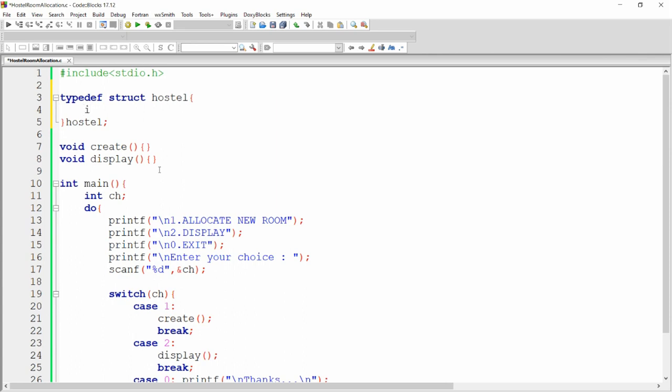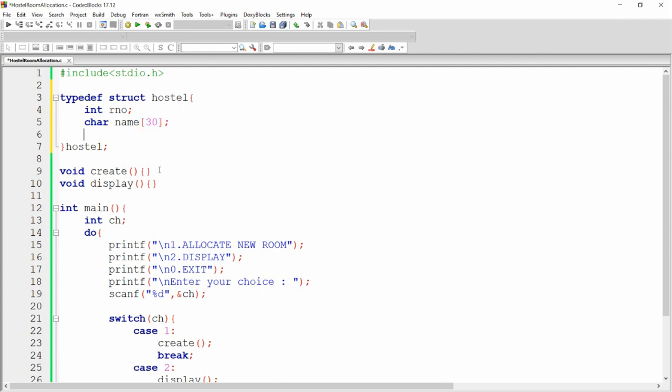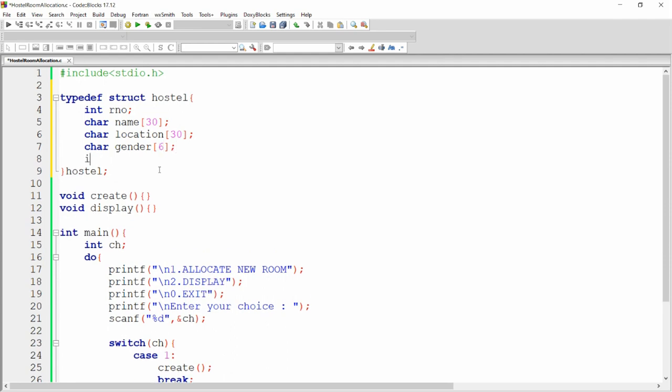Here you can define the variables, for example an integer roll number, the name of the student, that is a 30-character array. Here you can define a character location of the student. Here you can get a gender, for example a 6-character array, and I want to allocate the room number to each and every student, and that must be a unique room number. So my structure is defined.